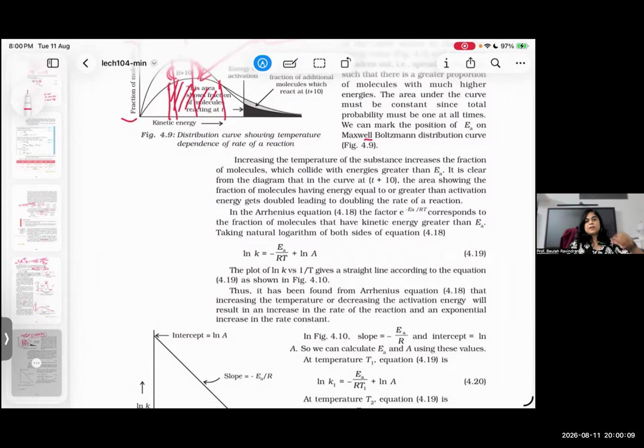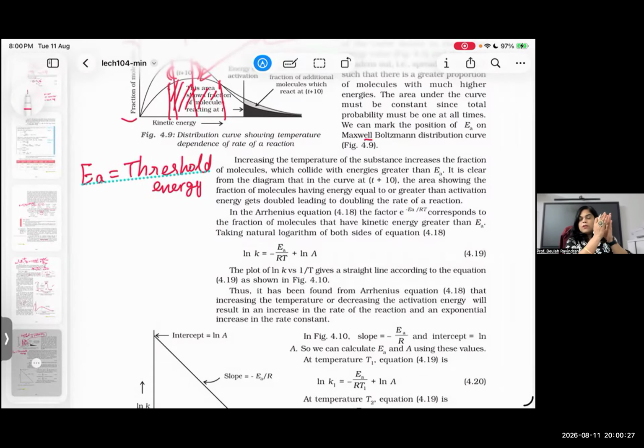But the activation energy is lowered and the pathway is altered. That's it. So I can say the activation energy is equal to the threshold energy. Threshold means it is the critical value, the value at which it starts becoming the product. So that is the threshold energy minus